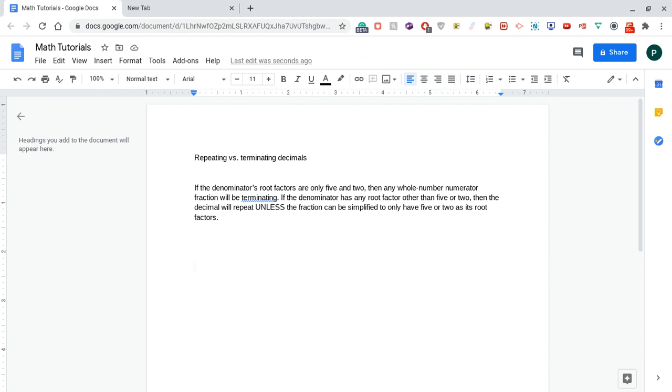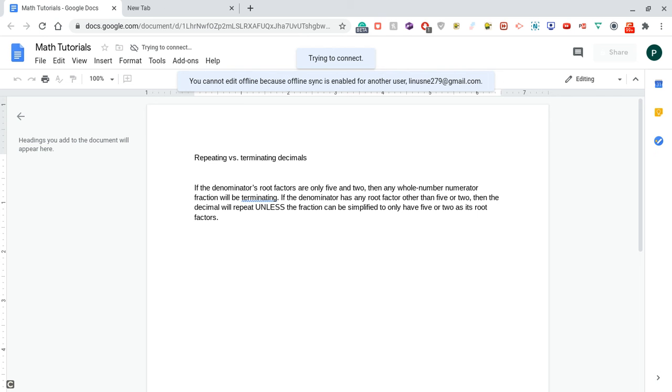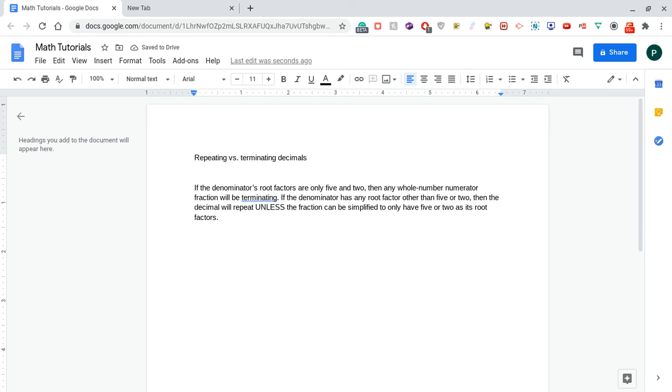Next, if the fraction can be simplified to only have 5 or 2. So let's say I have the jolly old fraction 9 over 30. Well, 9 over 30 can be simplified because both 9 and 30 are divisible by 3, getting to 3 over